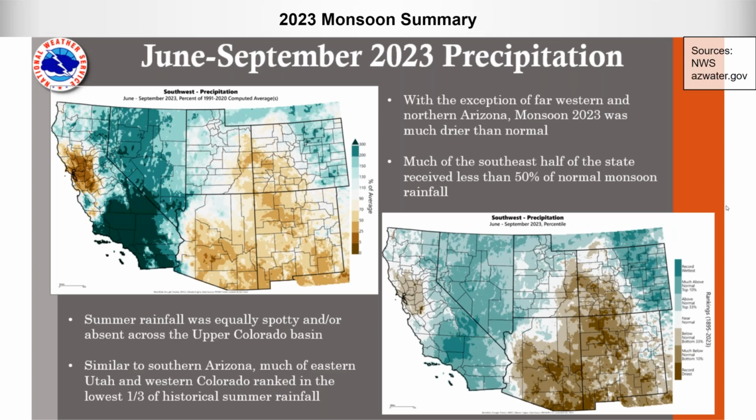Okay, so a review of the 2023 Southwest monsoon season. The monsoon season generally runs June 15th through September. These graphics here are showing precipitation spanning June through September 2023. The upper left graphic is precipitation across the Southwest as a percent of average,